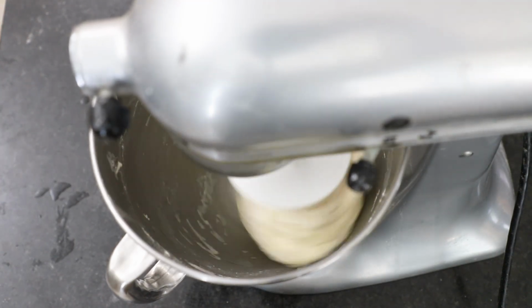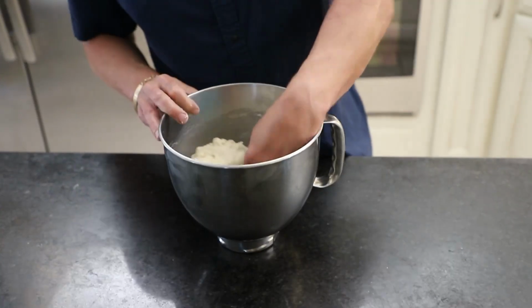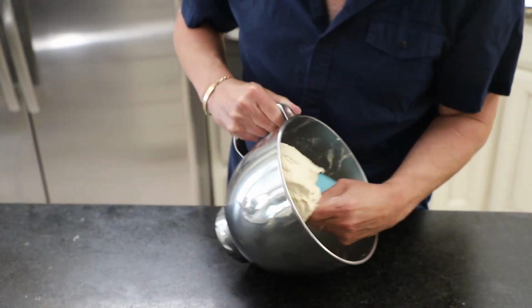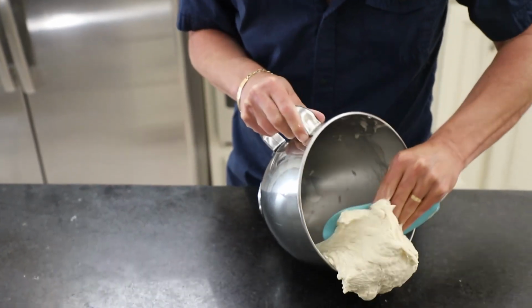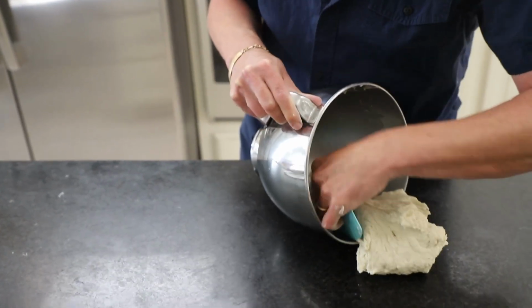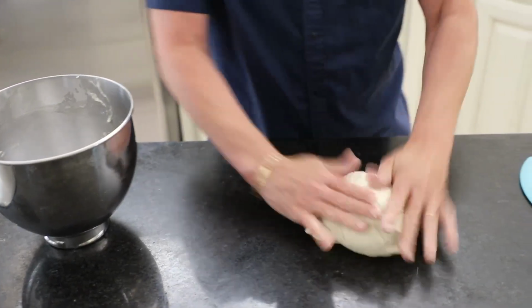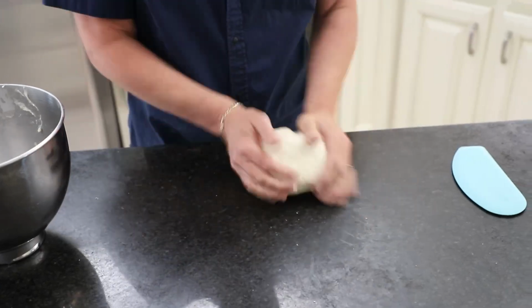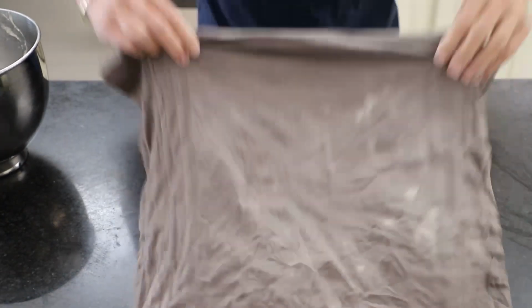Then you pull out that trusty, it's not the bench scraper, it's your dough scraper, the bowl scraper, and transfer that dough onto your surface, your counter, preferably marble, but don't put any flour. It's going to be an unfloured surface. And then you're going to knead it by hand for 2 to 3 minutes. That's right, knead it. And then you're going to cover that with a damp cloth and let it rest for